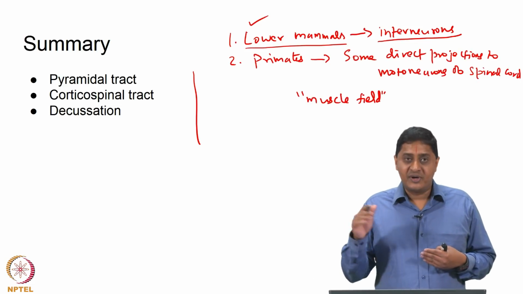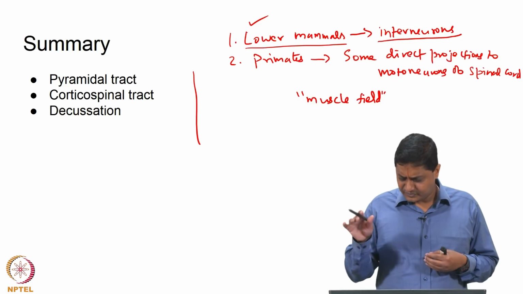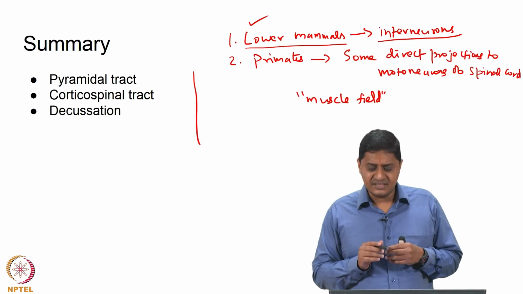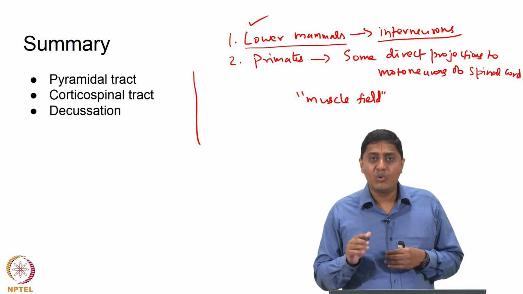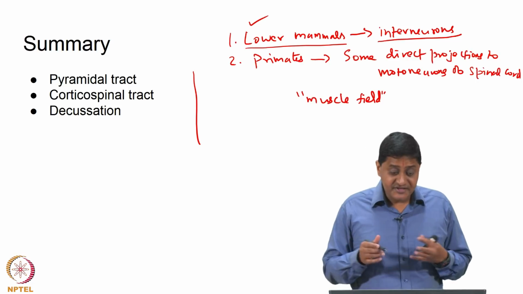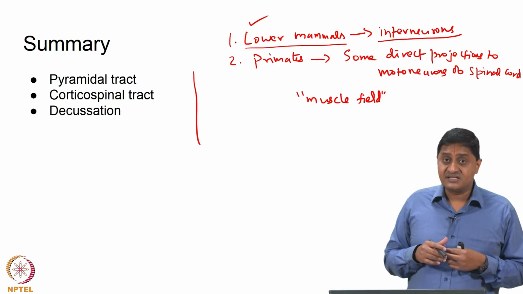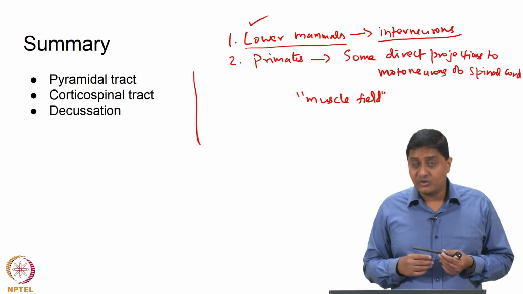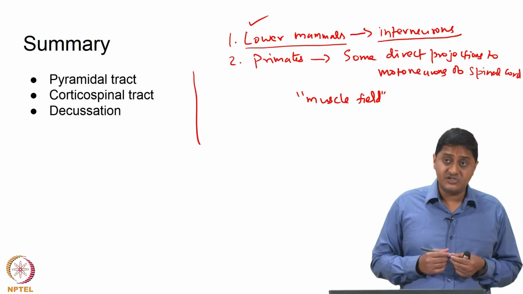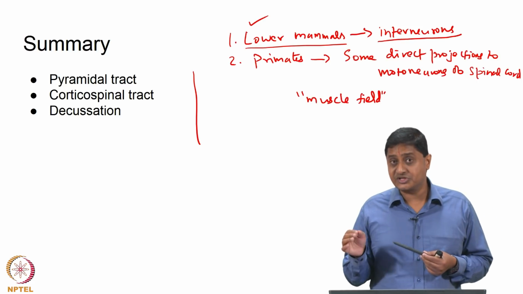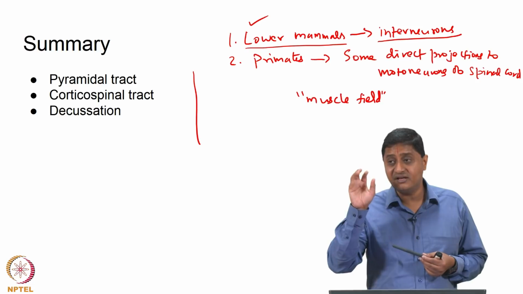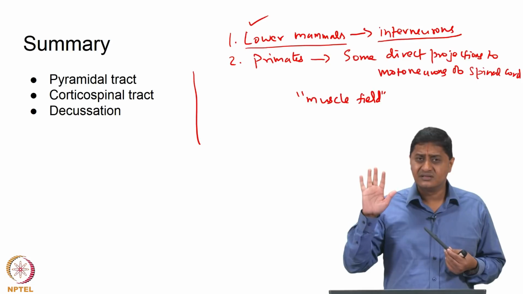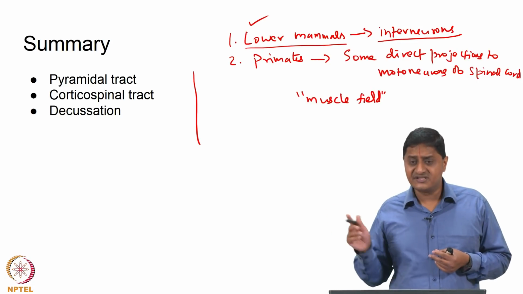So, as you go up the evolutionary table, lesions to specific areas will lead to progressively more devastating effects, which is why in humans, if there is a lesion, the effects are devastating. But what is the advantage in humans? These direct corticospinal projections give rise to the fine control of the more distal parts of the upper limb, in other words the hand and fingers. Now, that we will discuss in a future class.